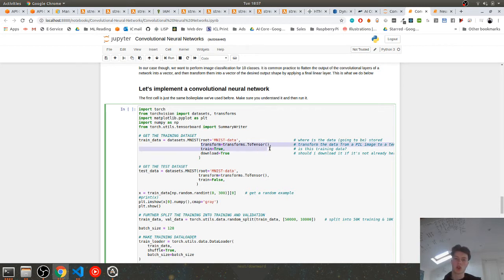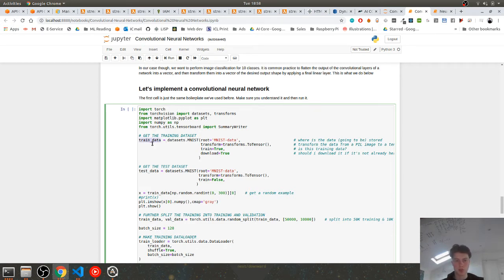What transforms should I apply to these images? The images come as PIL images, Python Image Library images. What we want to do is process them with a Torch model. We're going to build a convolutional neural network in PyTorch, and that needs to process tensors. So we need to transform them using the transforms from PIL to a tensor. Basically this transform will be applied to all of the images when we get them, and in this train